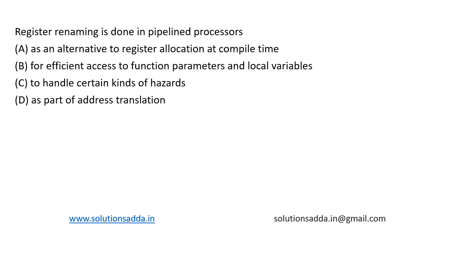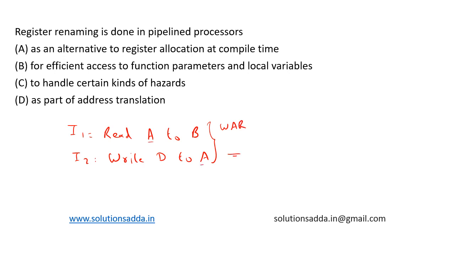So let's see an example. We have instruction I1, that is to read A to B, and I2 as write D to A. This has a write after read dependency between this A and this A. So this instruction is rewritten as write